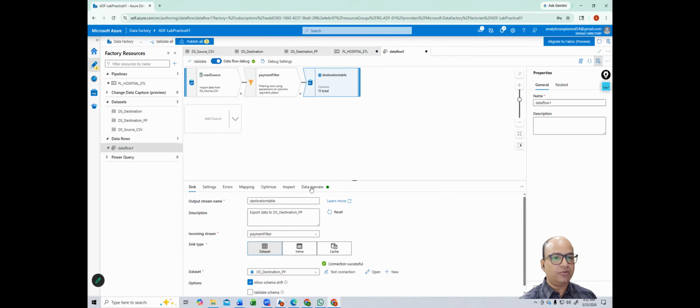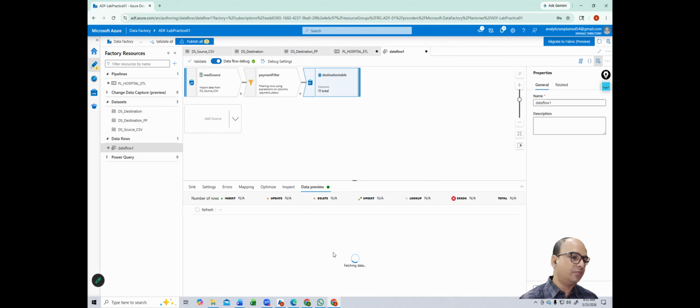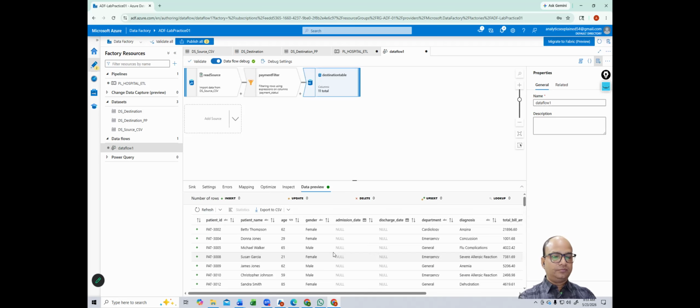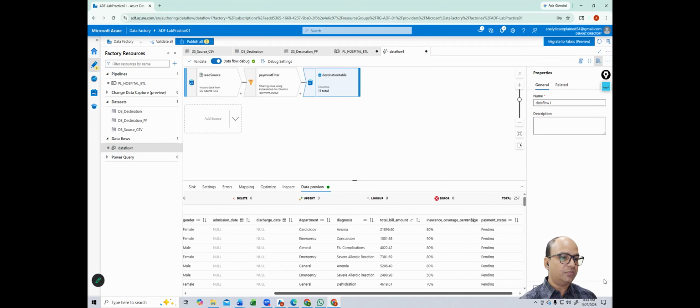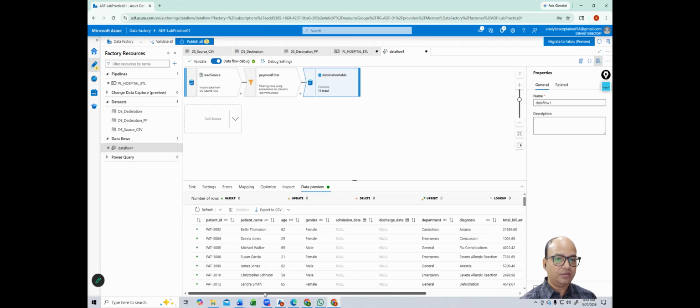Connection successful. Now you can take the preview. It will not have anything as of now. It is just showing only the headers. Okay, it's just showing the source data. No, it is not run actually. It's not inserted anything. We have this source data, but not inserted anything. So what we can do here,